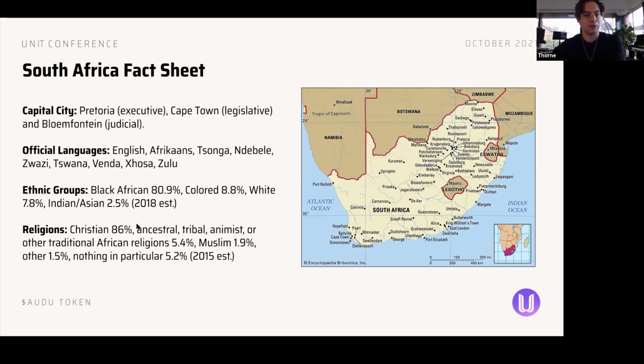And the majority of... there's a majority of Christians at 86%, and then the rest take a very small percentage. But it was interesting as well, because during colonization, even as the Christian religion was brought in, there were many different factions of Christianity that have since broken away from the main umbrella. And even going from town to town, there are definitely very different takes on Christianity as well.